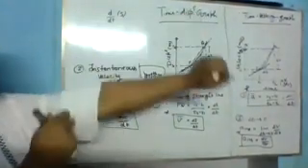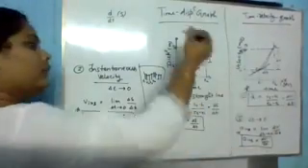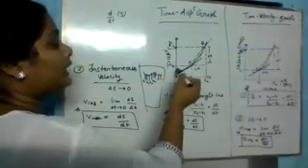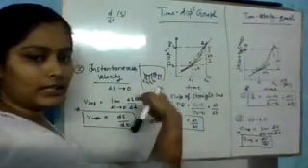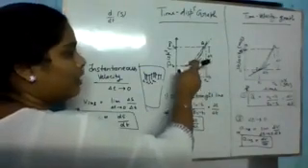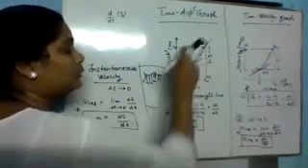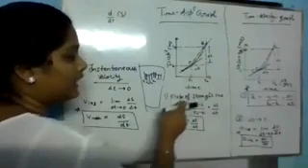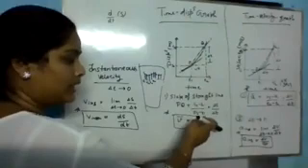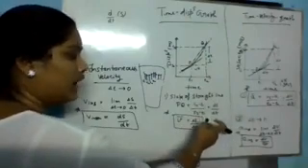Now I'm repeating the whole thing once again. From the time displacement graph, we can easily find out the velocity. But here the curve is not a straight line, it is curved. So we have to draw a straight line from P to Q. For the slope of the straight line PQ, we apply the formula S2 minus S1 upon T2 minus T1, that is delta S upon delta T.